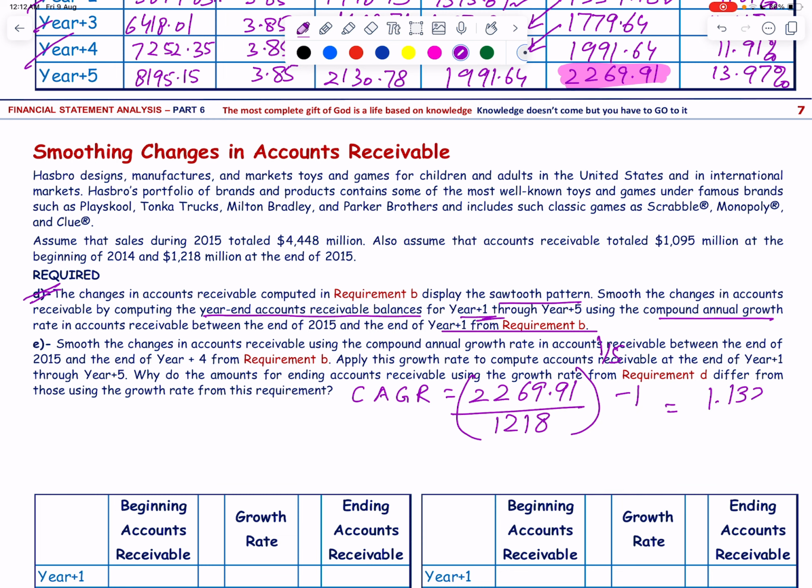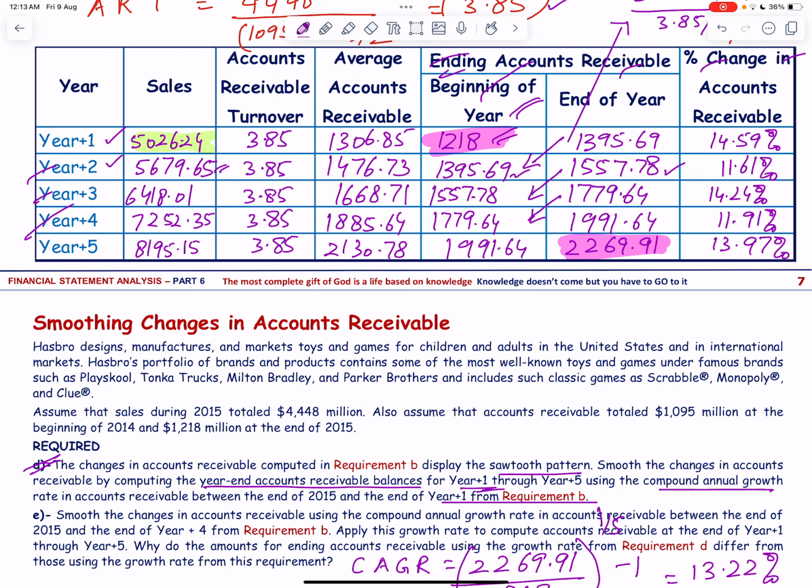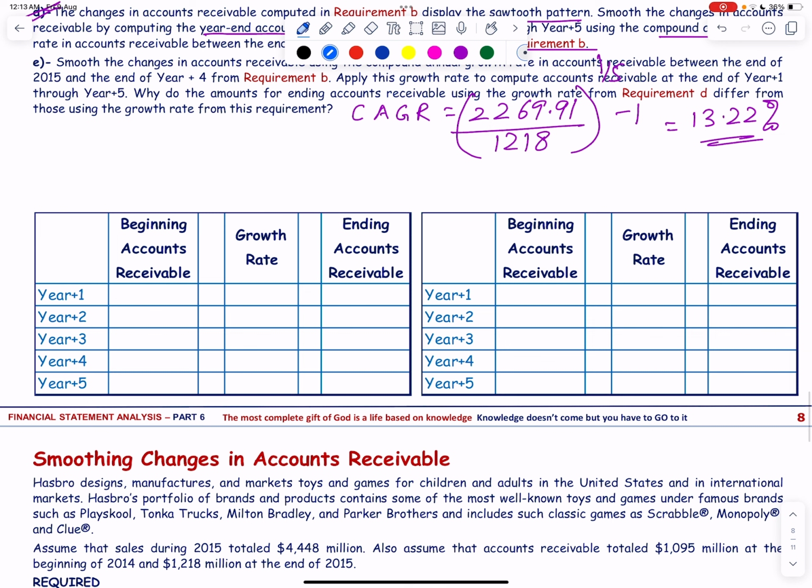1.1322. Sorry, this will be equal to 13.22%. So the compound annual growth rate is 13.22%. Now the beginning accounts receivable in year number 1 was 1218, as you can see here, and the growth rate is 13.22%, that means 1.1322. So the ending accounts receivable will be 1218 times 1.1322, that is